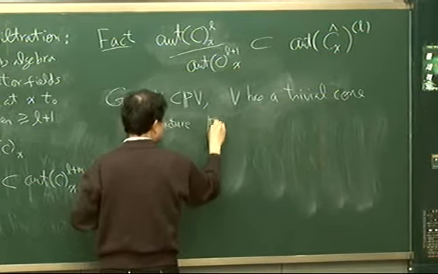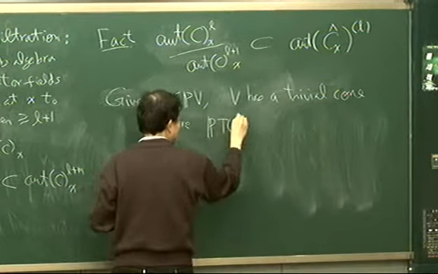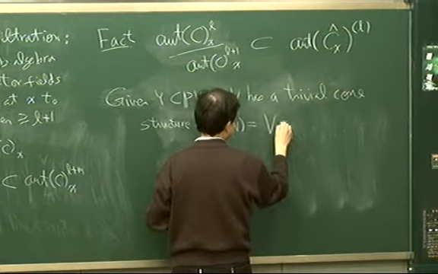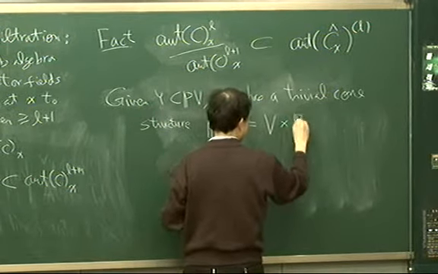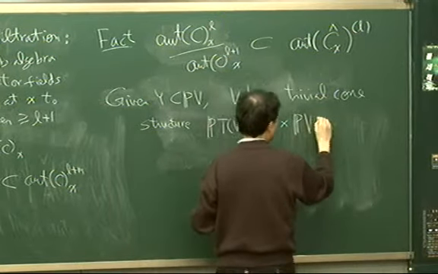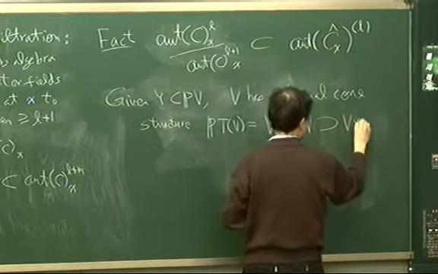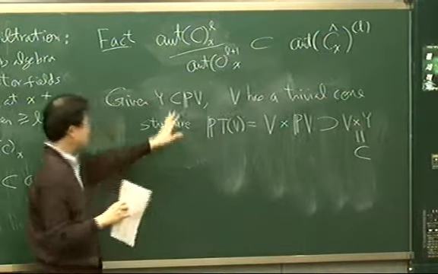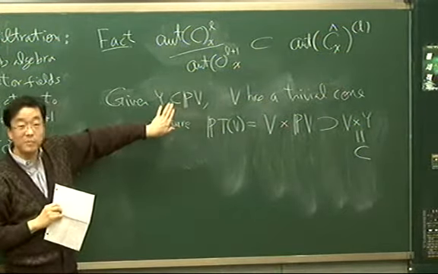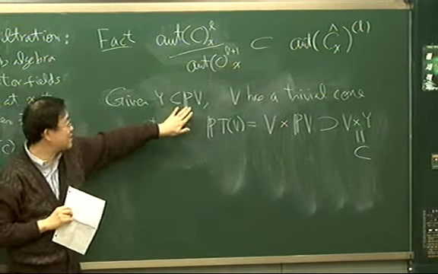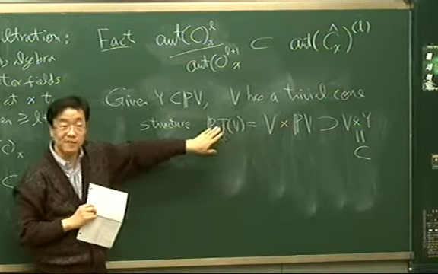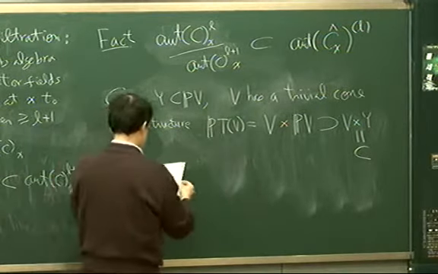Because for the vector space, the tangent bundle of the vector space is nothing but the product of the vector space with itself. So this contains V cross Y. So this is a cone structure now. So when you are given a projective subvariety, it induces a natural cone structure on the vector space. And then in this case, you can see that